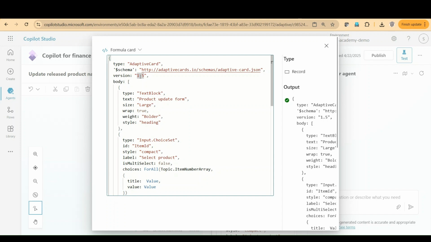Okay, so I'm saying text block and then the name of the adaptive card header. The header name is product update form, which you can give any name of your choice to make it more relevant to the user. The size is large, which makes it the heading of the adaptive card, the weight is bolder, which makes it bold, and the style is heading. Just as I was saying, it's a heading. Okay, then comes the